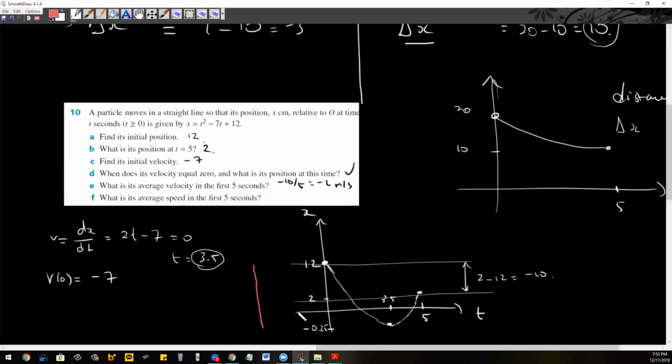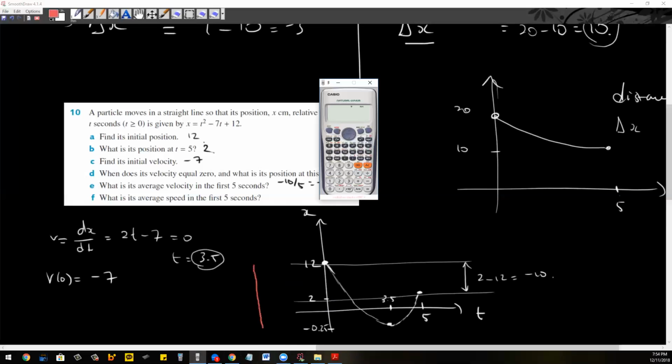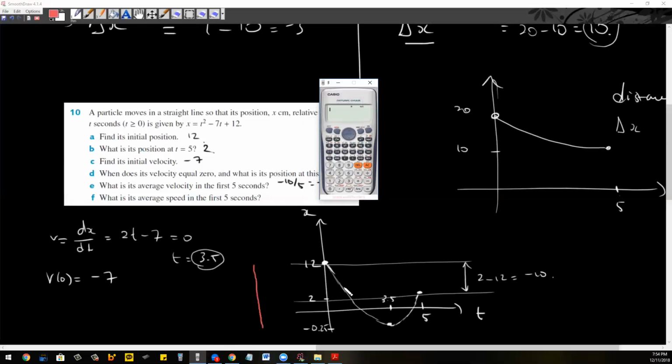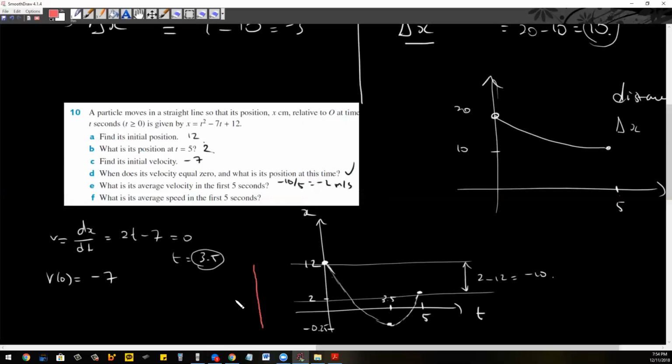How much is that? That's 12.25 plus that. That to that, right? That's 2.25. So that's equal to 14.5